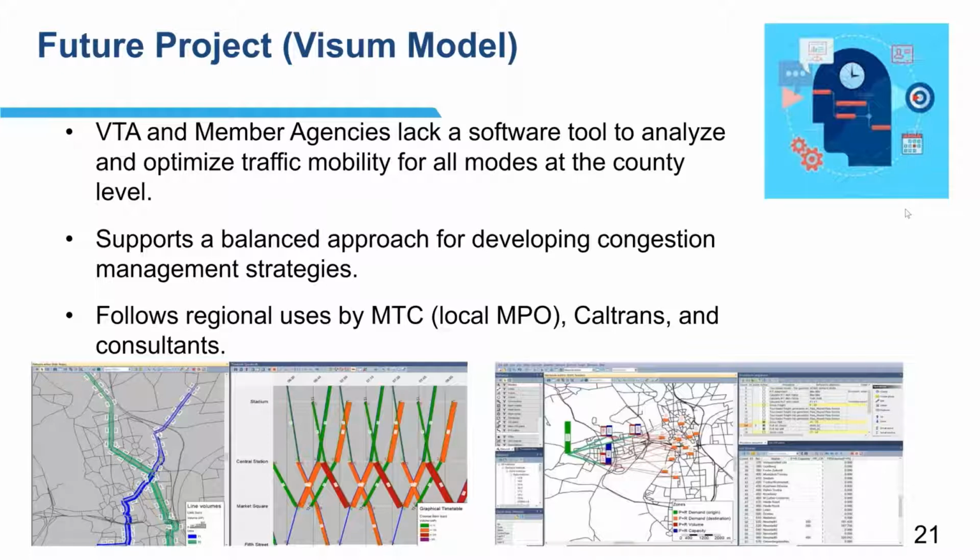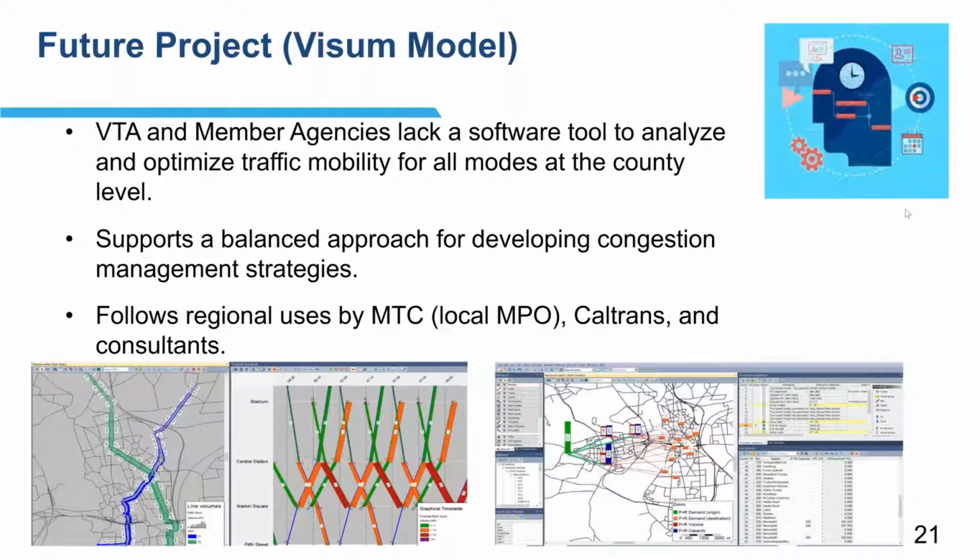So we understand, just trying to keep everyone honest, if you will, that using a single software reduces any kind of inconsistency. So that would keep, once again, the development review process transparent.